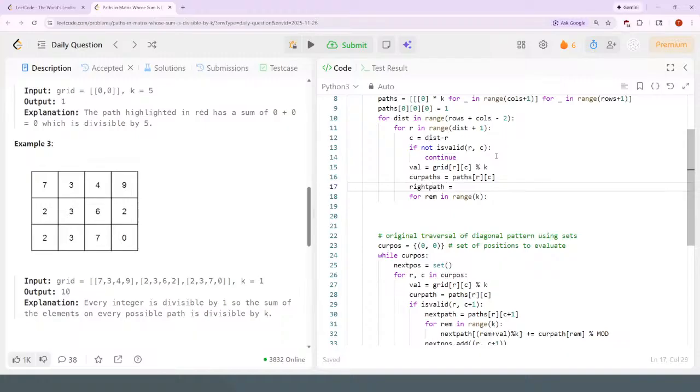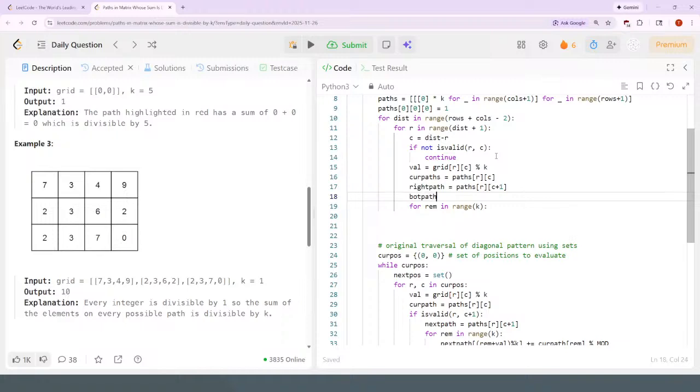Right path is going to be paths at R, C plus 1. Bottom path is going to be